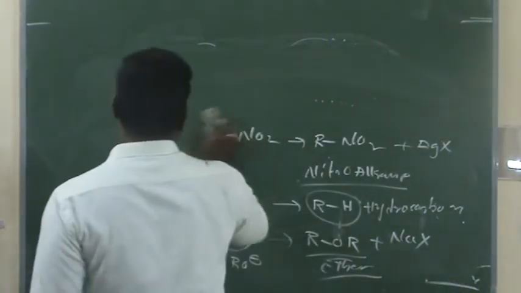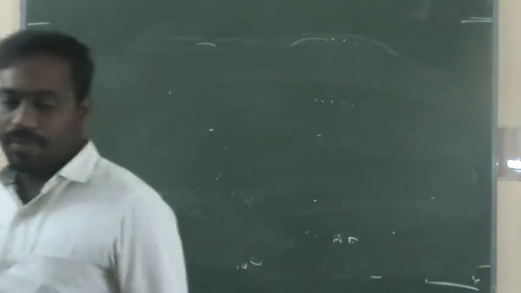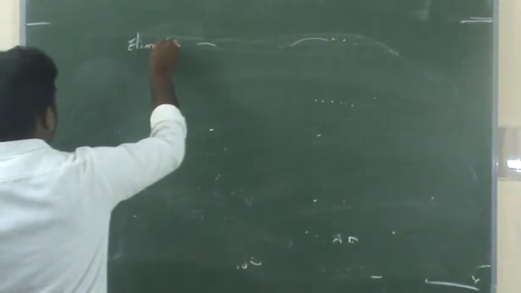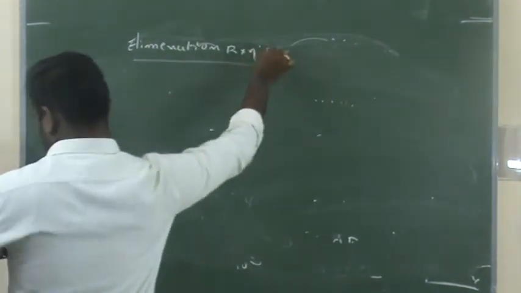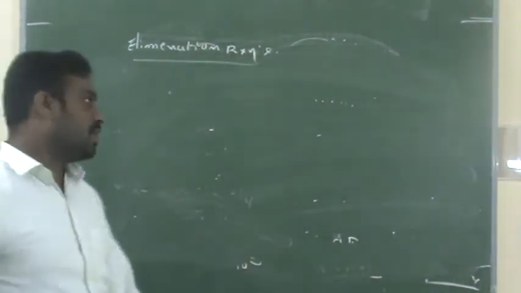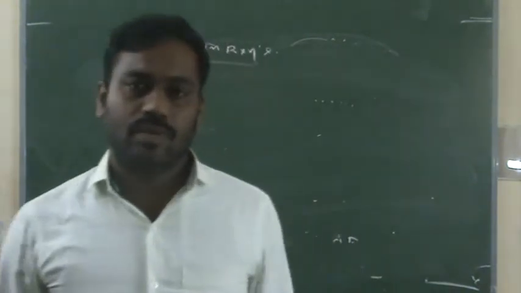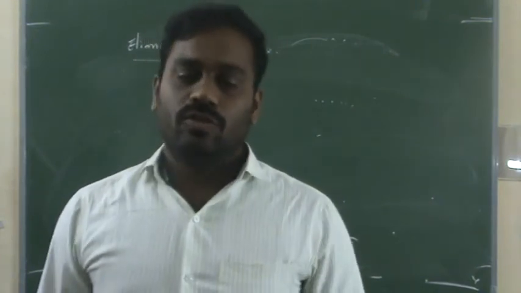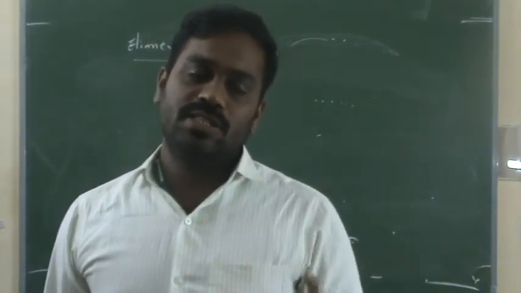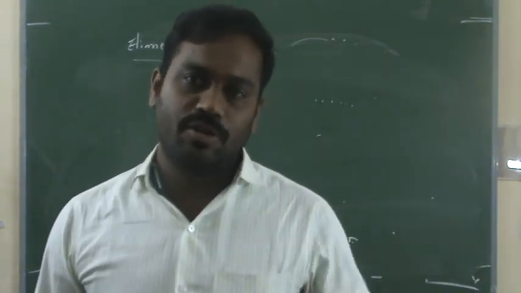I hope you understand. Now we are going to see the best example of another type of reaction, that is called elimination reactions. What are elimination reactions? Elimination is nothing but a complete removal of two groups of atoms from one molecule. There is no other molecule coming here. If you take a reagent, that reagent is helpful for removing the group of atoms from one molecule. Then we are getting multiple bonds on the product side.